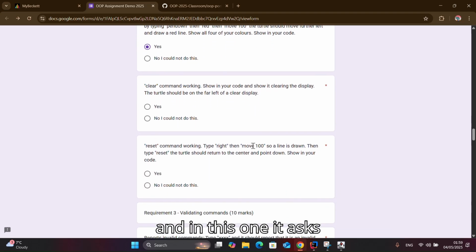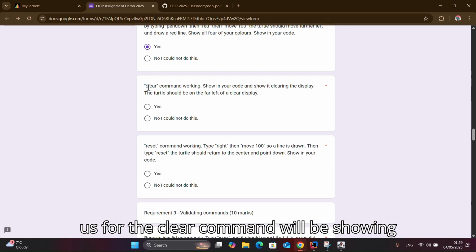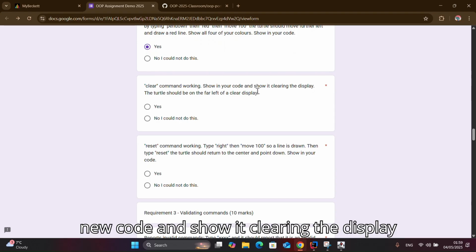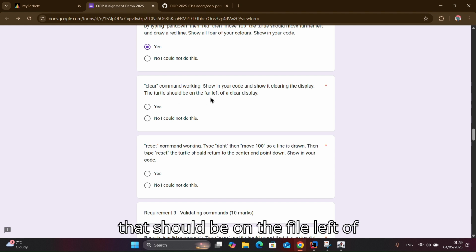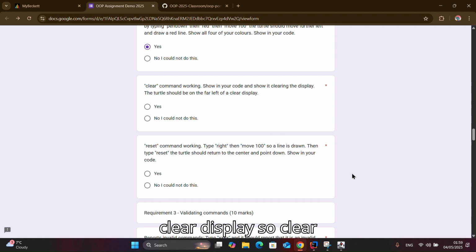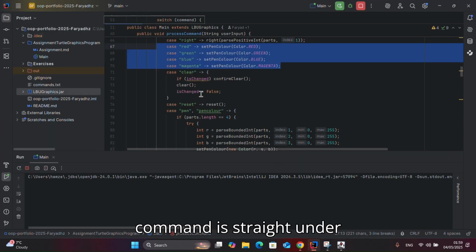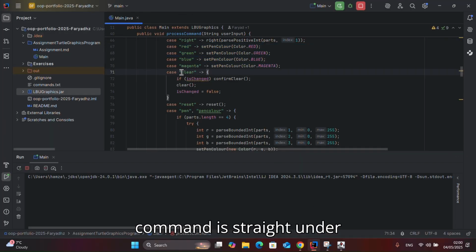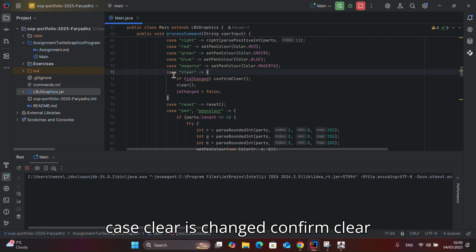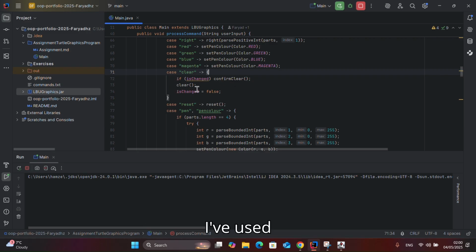And in this one, it asks us for the clear command, will be showing your code and show it cleaning the display. The turtle should be on the far left of the clear display. So clear command is straight under the colors method. So case clear is changed, confirm clear. So as you can see here, I've used,